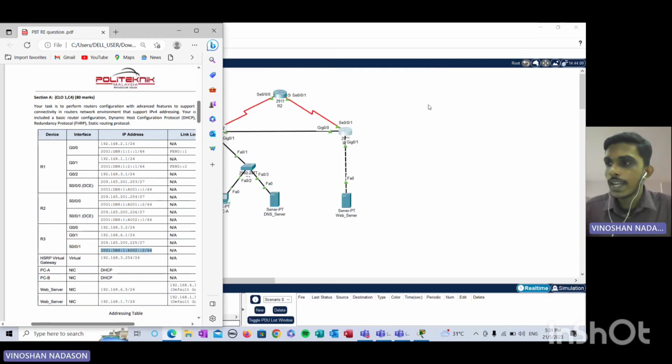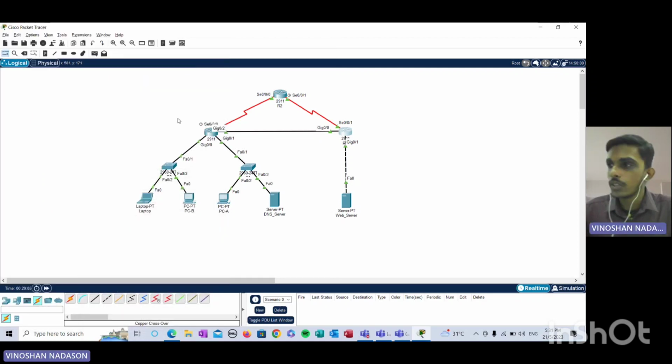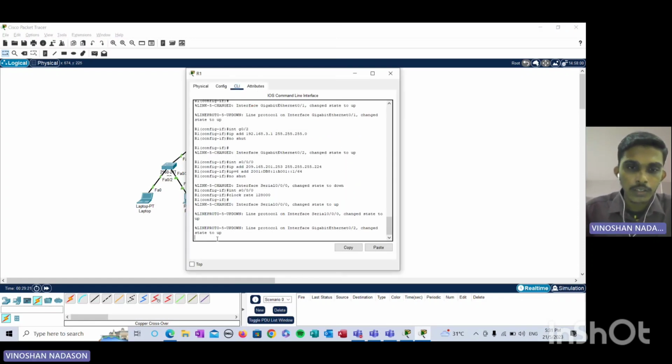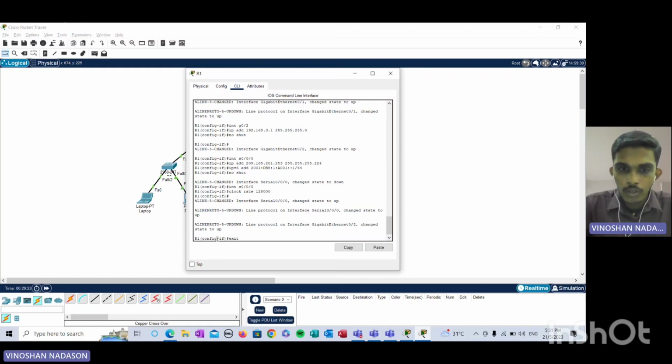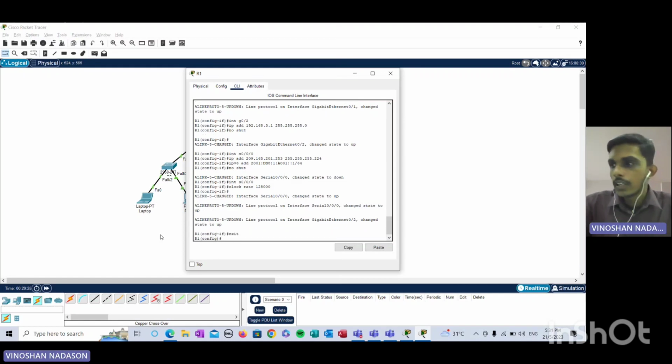Okay. So the next task is to configure the routing protocol. So we need to implement the routing protocol. In order to implement the routing protocol, we need to do this in all the three routers, which is router 1, 2, and 3. So first of all, we will start off with router 1. We exit config-if and change it to config, and then we enter ip route